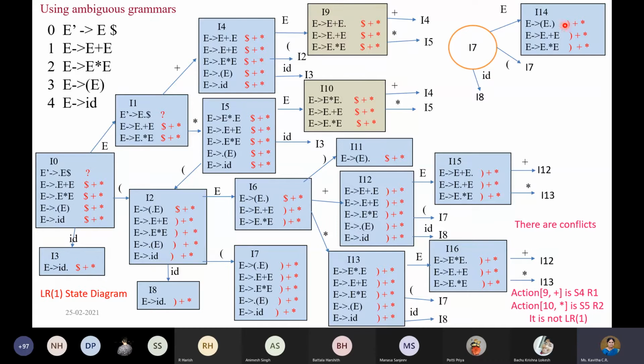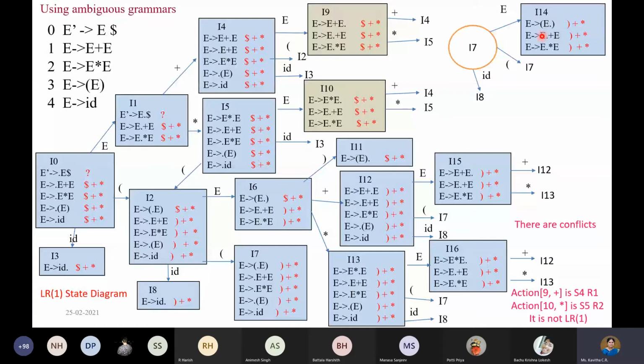Then at I14, if you want to continue, one more state will come. You have to read close parenthesis. Just complete that because there was no space. I left it. So at I14, when you read close parenthesis, it will be done. And similarly, when you read plus, it will be the repetition.